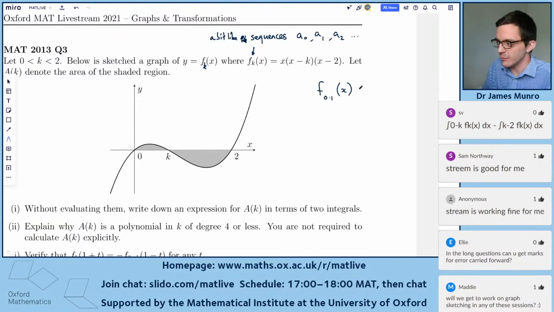So this one, for example, would be x minus 0.1, x minus 2. But there's kind of a big collection of these with different numbers in here in the subscript and appearing here in the function. Okay,